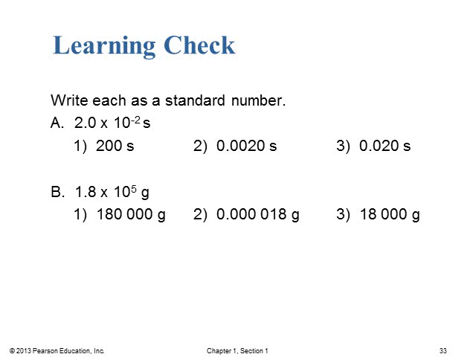All right, so here again, the learning check is very similar, just in the opposite direction. Write each of these scientific notation numbers as a standard number. Here we have 2.0 times 10 to the minus 2. The first thing we can look at is that our exponent is a negative value. So that means we should have a small number, a number that's less than 1. And so first off, we can eliminate choice 1. Then we are down to choices 2 and 3.